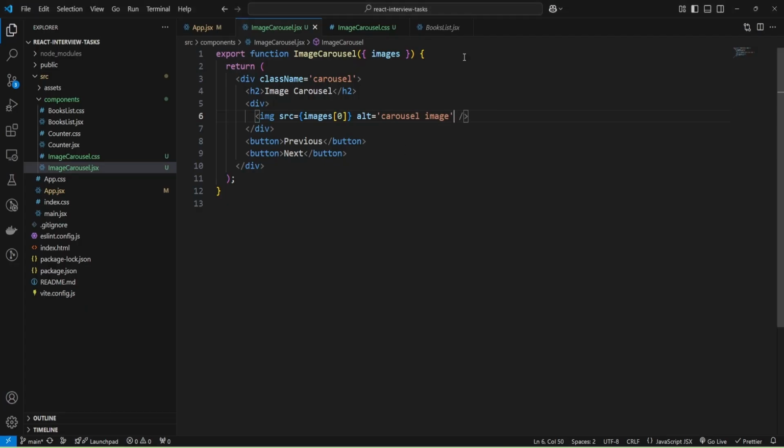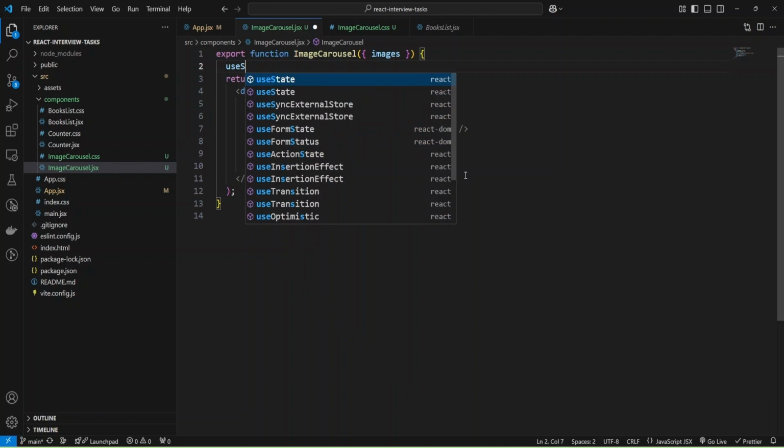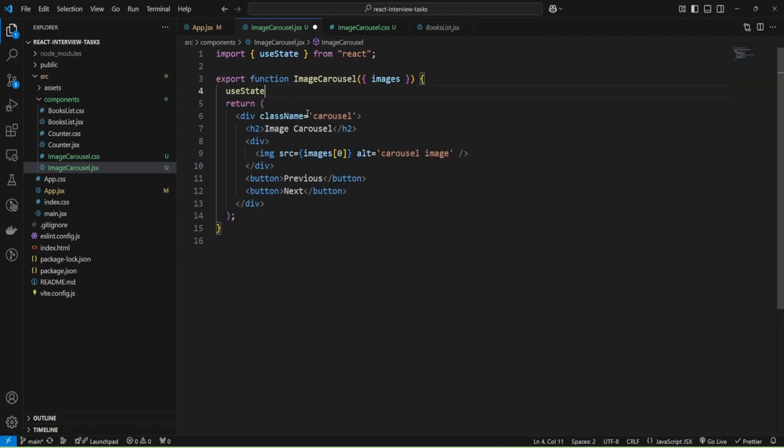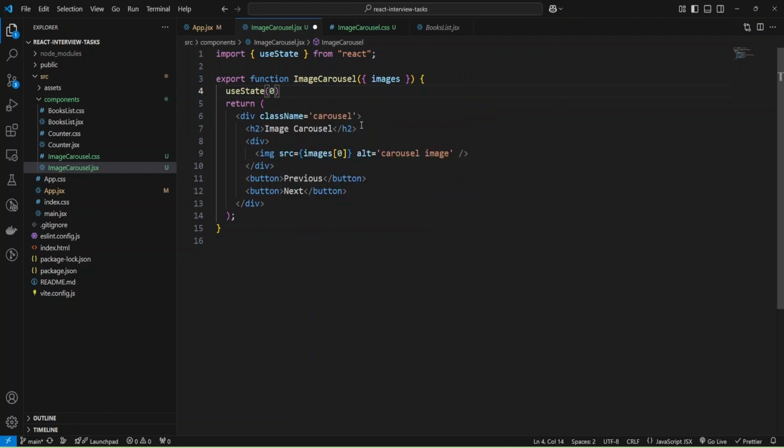And now we can add an index state to change the index of the images, and we'll change it by clicking the button. Okay, and I'm going to add the useState hook, and as you can see, the import was added, and initially it will be 0, the first item in the array.